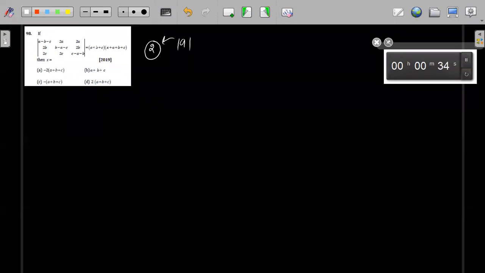B, no. Hariharan Raj, X is equal to 0, no. A, yes, Akhilesh, minus A, very good. Lakshya, you are getting confused. X is not equal to 0. You have done it correctly, but there is no option like X is equal to 0. That means somewhere you have made a mistake.